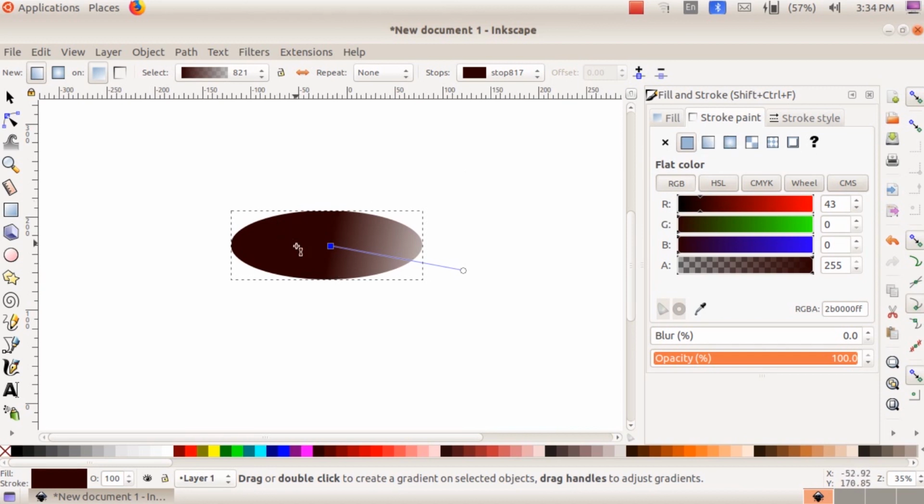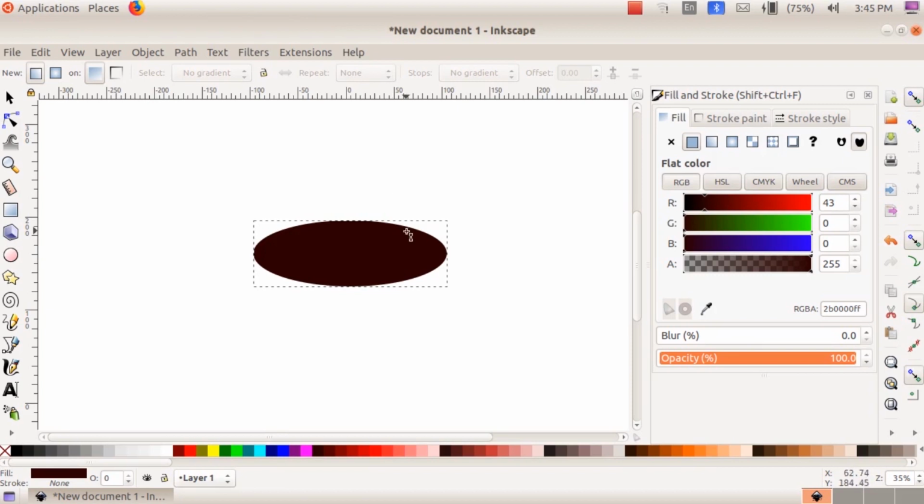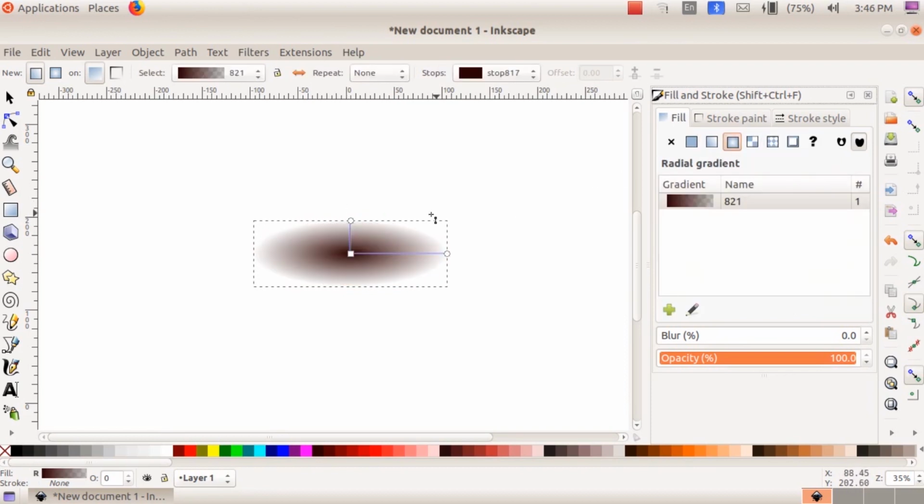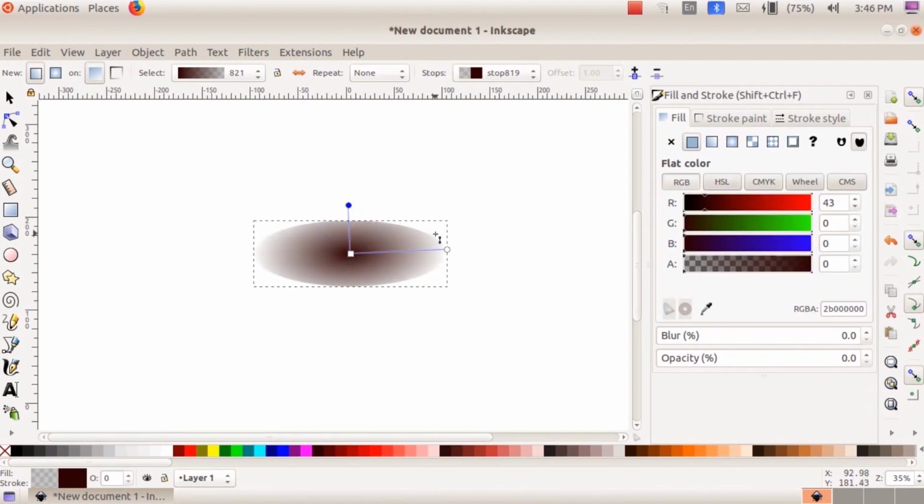Now we used the linear gradient option of the gradient tool. Now let's give a radial gradient to this image. Click on radial gradient. Then we can see the radial effect of the gradient tool.